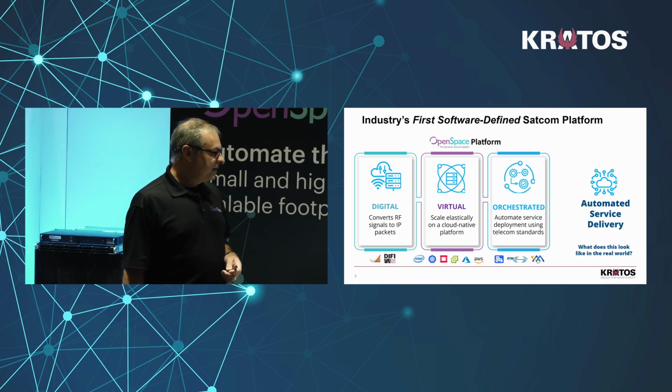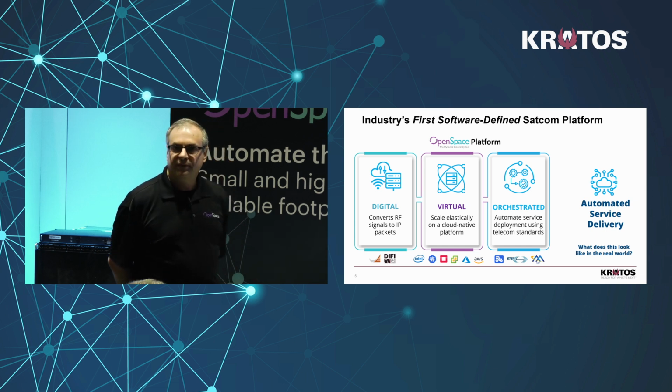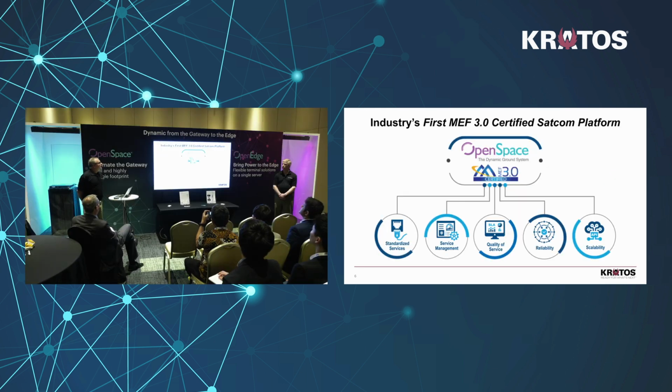Okay, so how does this look in the real world, and what is this MEF thing that I talk about? We're the industry's first MEF 3.0 certified SATCOM platform. So you can see there, it's a standardized service. We adhere exactly to the MEF standard. That gives you the ability to manage the services according to the standard, so it makes it much easier to